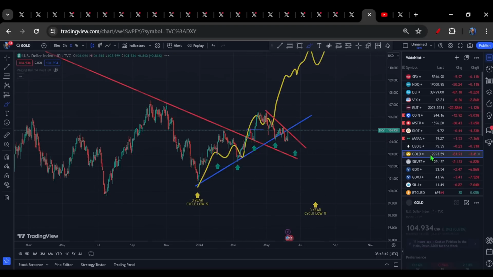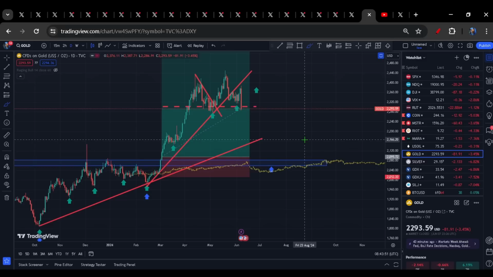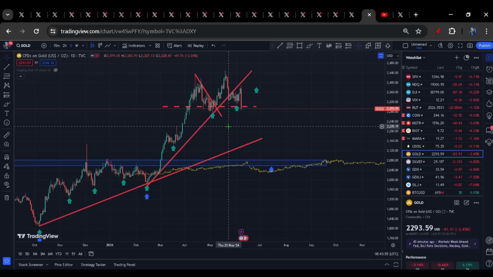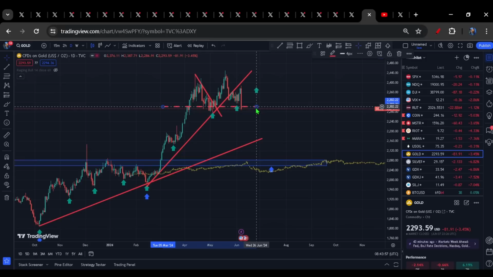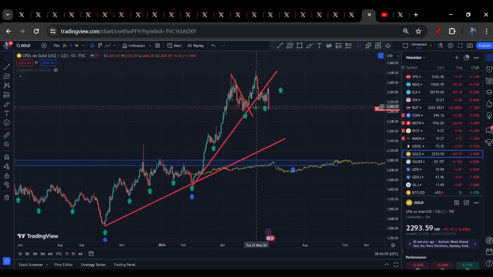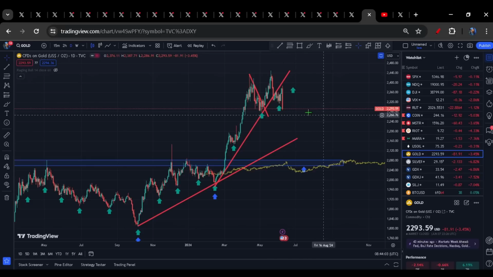Needless to say, yields up and dollar up means gold down. So I've officially closed this position out, booked the profit on this. I was talking to the members about this. We took the profit on a couple of mining positions and mining stocks that we had as well. So profit locked in across the board for gold. Now waiting to see what happens.